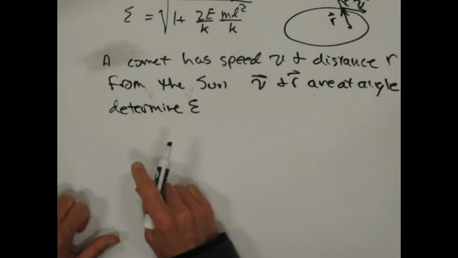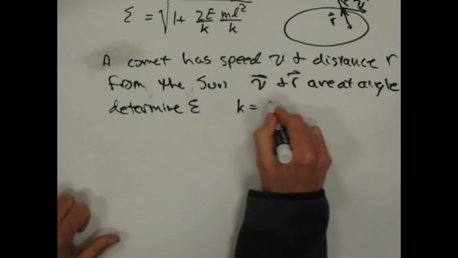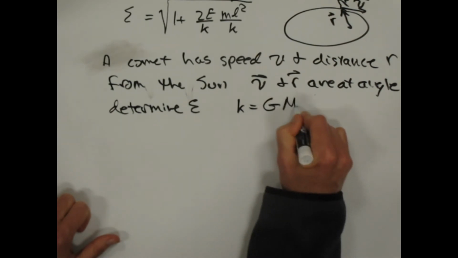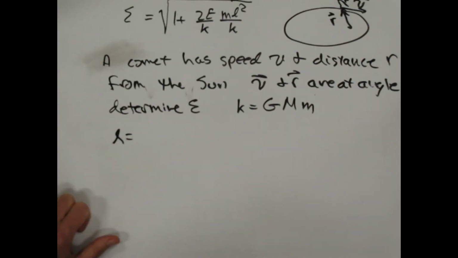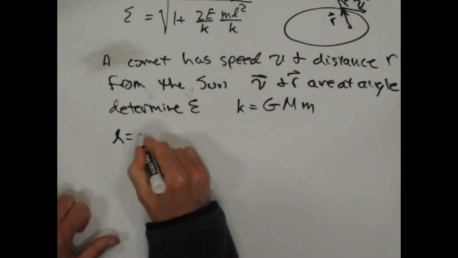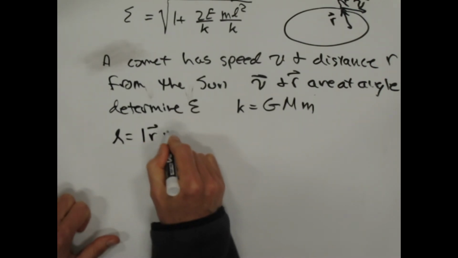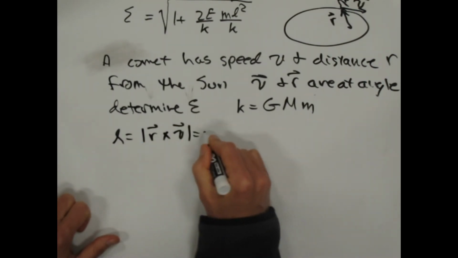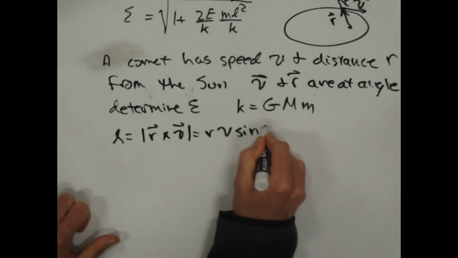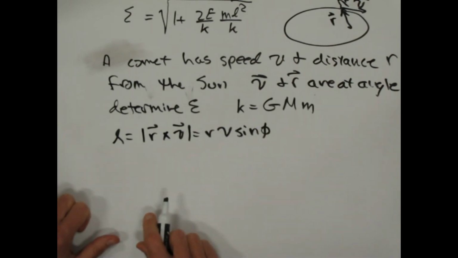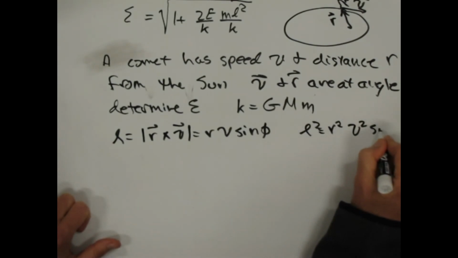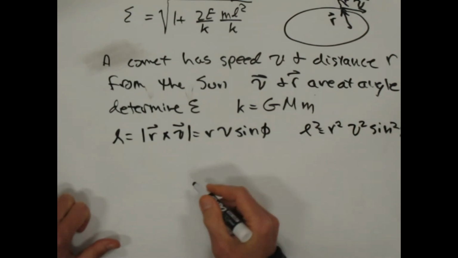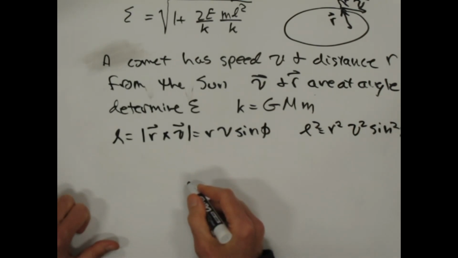Right, and so here's my formula for E, and so I can really just plug into that. K is equal to GMm, right? L is equal to the magnitude of r cross v, which is equal to r v sine phi. And so L squared is equal to r squared v squared sine squared phi. And so you can just plug into those things, right? And you get